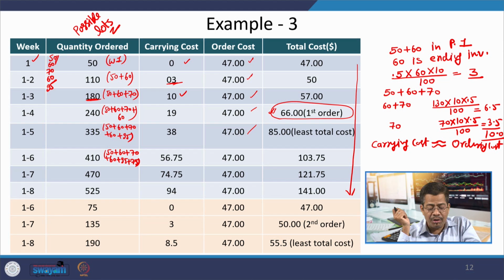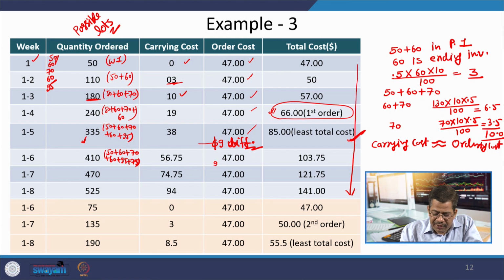then you increase the ordering cost and carrying cost further, and now the difference is just 9 units. So, this becomes our point of placing the order, that is 335, because if you go further beyond this point, the difference has started increasing further. It is 9.75, and then subsequently the difference is further increasing. So, the lowest difference between carrying cost and ordering cost is at the level of 335.